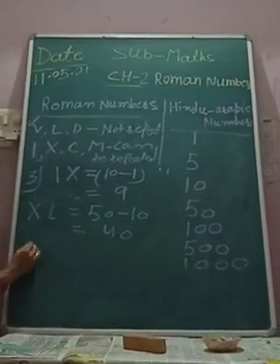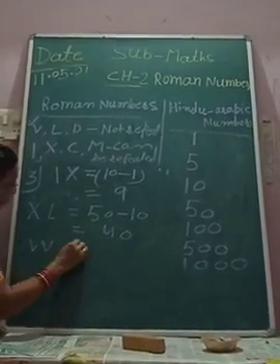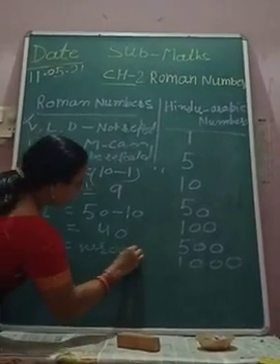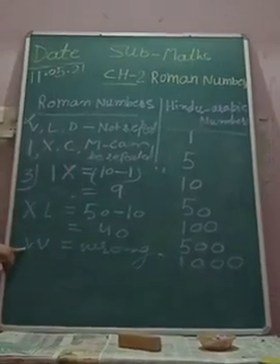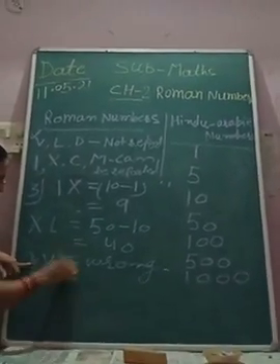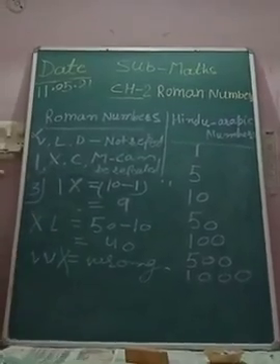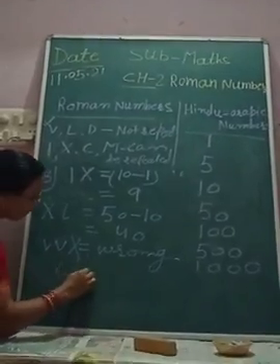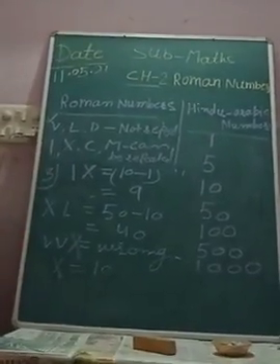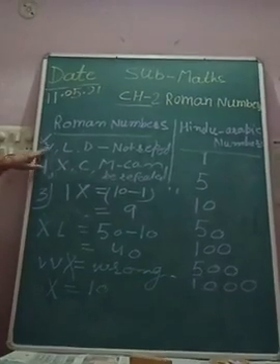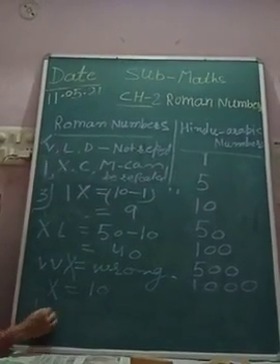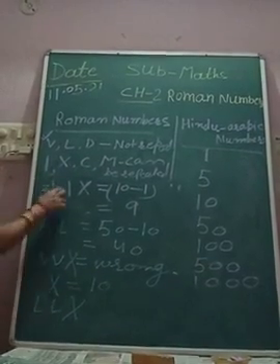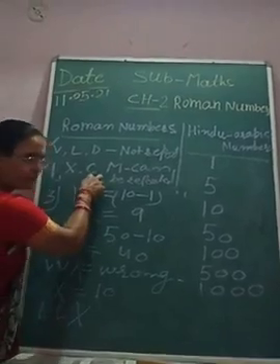We cannot write like this. Suppose we have to write 10. So can we write it like this, 2 times 5? No, ma'am. Because of that only it is made X. Yes. Very good. We cannot write this. This is totally wrong. Instead of writing 2 times V, there is X. We can write X. Clear? Similarly, we cannot write 2 times L. This is also wrong, because instead of writing 2 times L, you have C, that is 100. Clear?